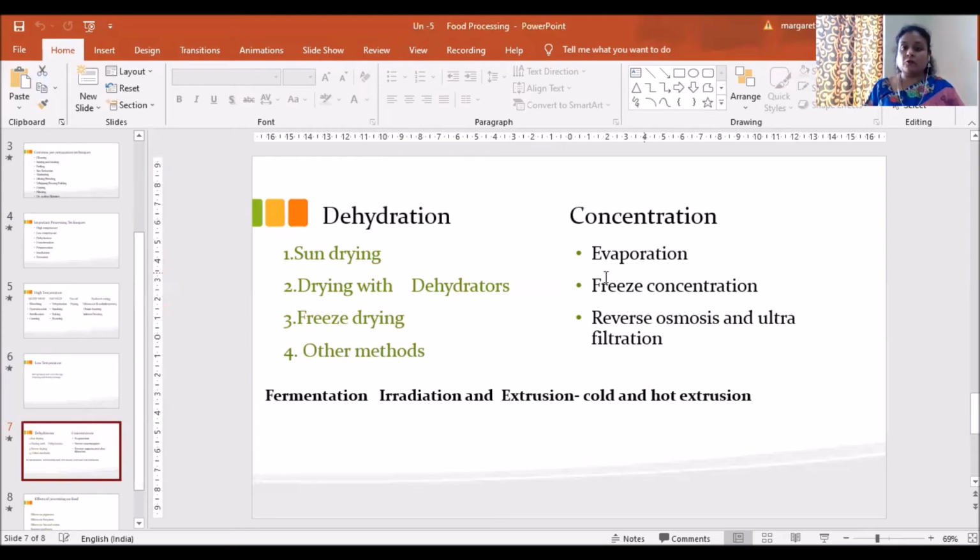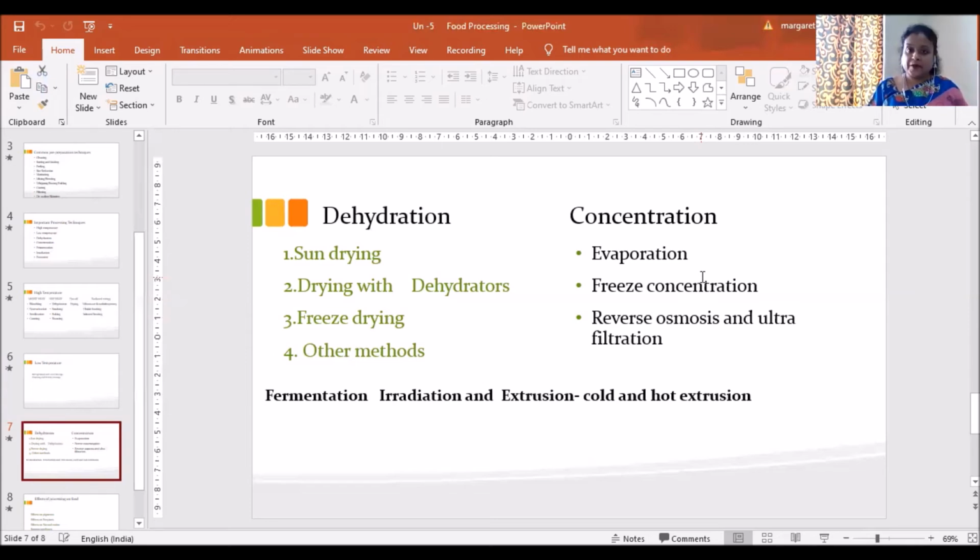Concentration covers evaporation, freeze concentration, reverse osmosis, as well as filtration. So let us talk about the methods of concentration. Evaporation, as you know, what is evaporation? Removal of water as water vapor by application of heat. Then you have freeze concentration, where you freeze part of the water as ice and mechanically separate the ice